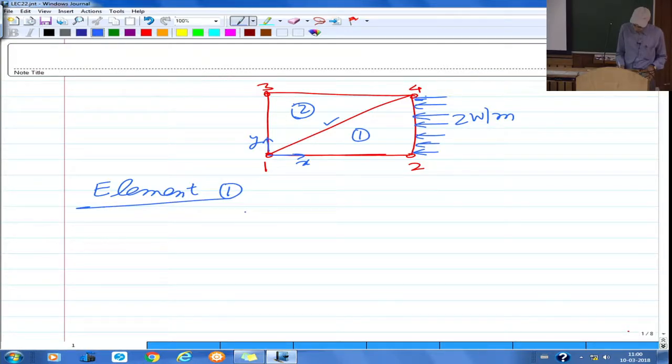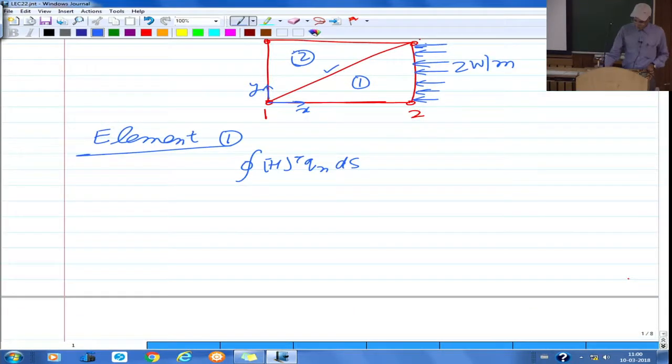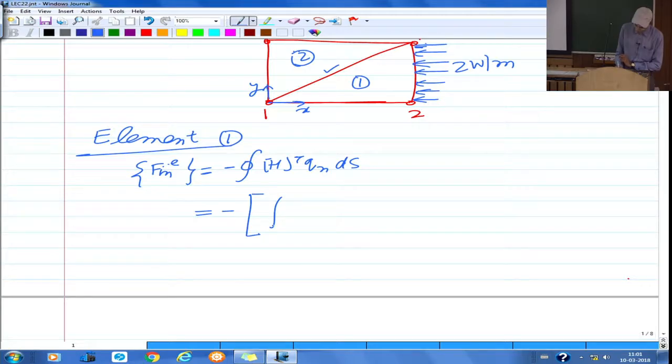If you look at just this contour integral for the first element, what you have is H transpose Qn ds. I'm not putting the minus sign before, I'm just talking about this. If you remember, F internal for the element we had said as minus of this. And this is the contour integration along the entire boundary of element number 1. So this contour integration means you can say the integration along edge 1 to 2,